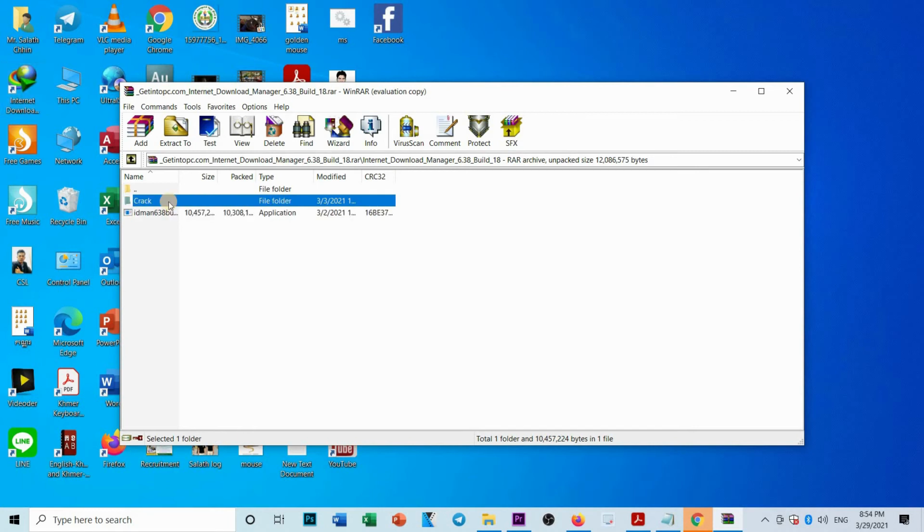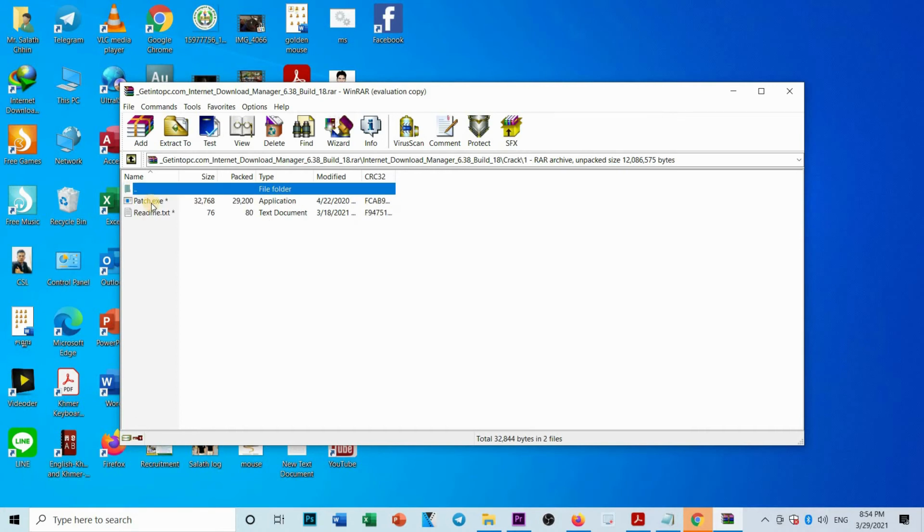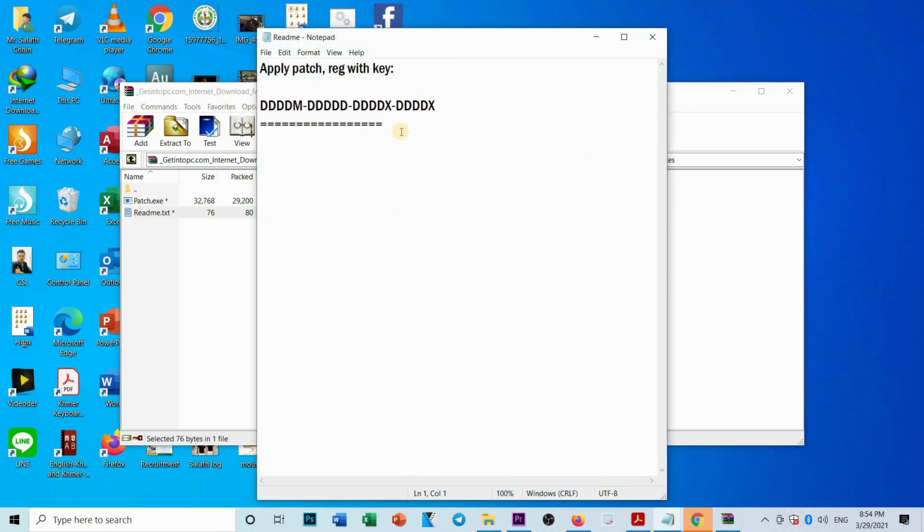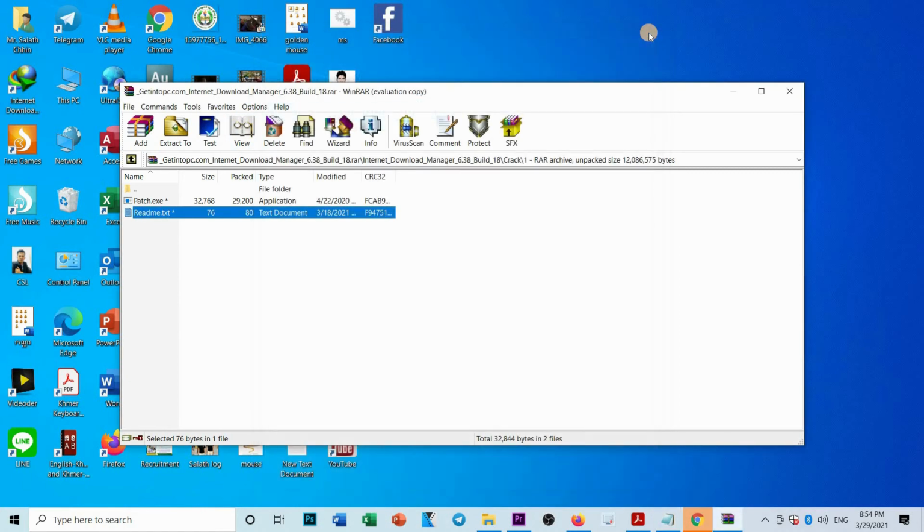Click on the crack file and then click this one, the Read Me text. Click here and it'll pop up this way, Apply patch, reg key. Copy this, just copy it, close it, and go back to the